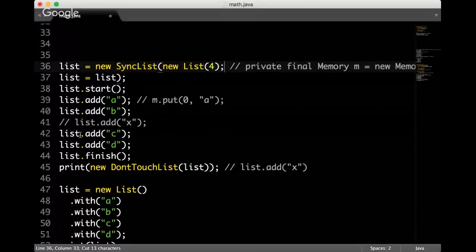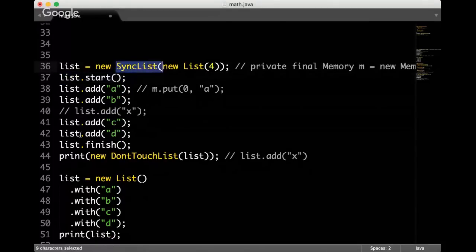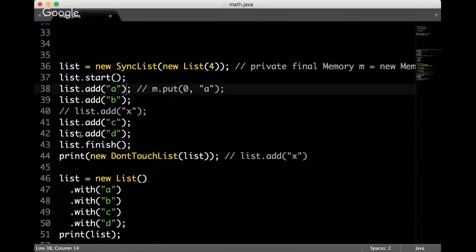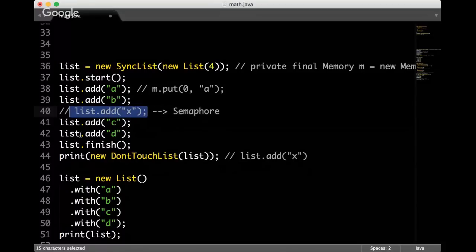Which means that the sync list knows it's a transaction thing. It knows that unless start is called in the current thread, you cannot call add. If you call add here, it's not an exception, but I'm using the semaphore in Java, so your thread will just stay and wait.